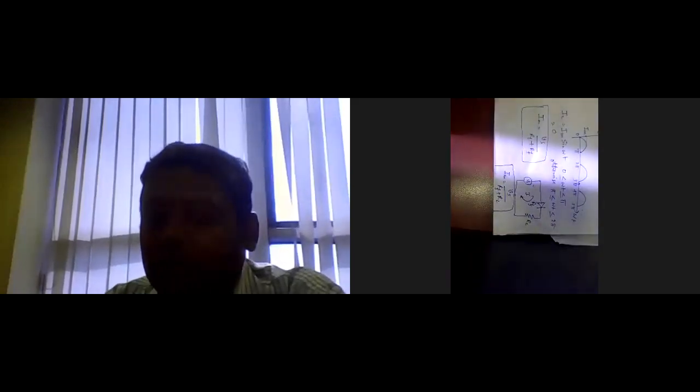Now we will start to evaluate these three components: one is the DC load current, second is the ripple factor, third is the rectification efficiency. We will now evaluate these three components for the half wave rectifier. So Im, it is clear to everyone, equals Vs by RL plus RF. It is the maximum current amplitude present in the load current.